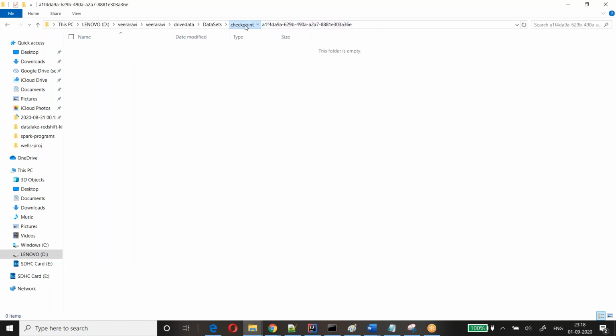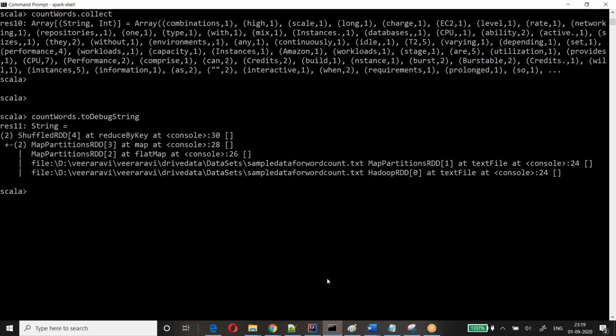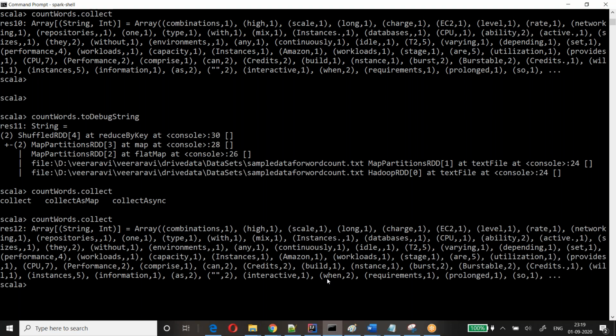These are partitions. Nothing is stored, it just created a checkpoint on it. I think we called the action already.